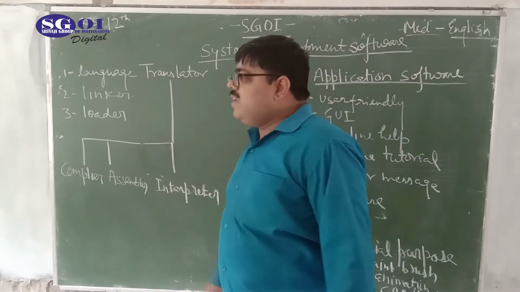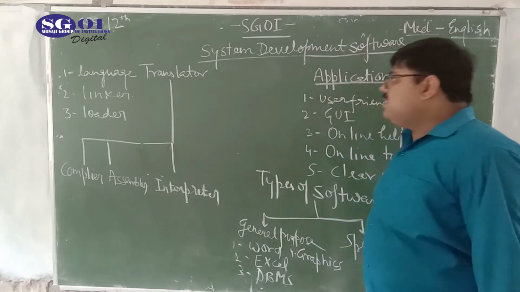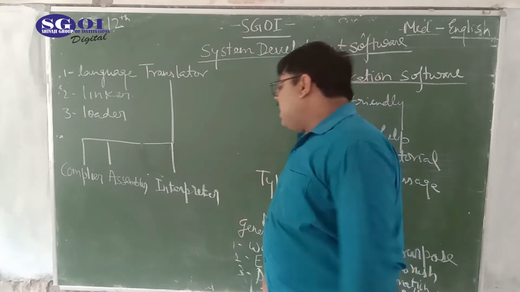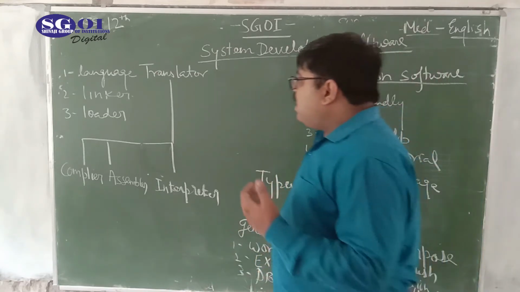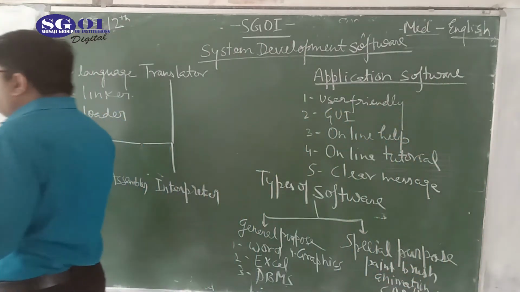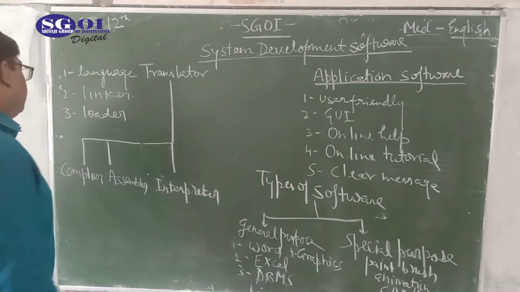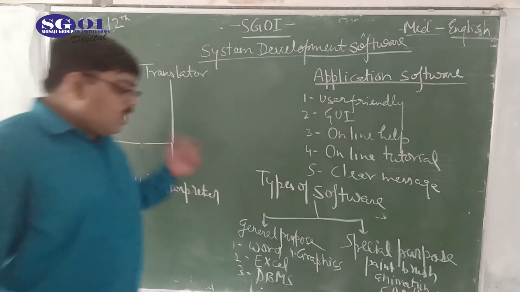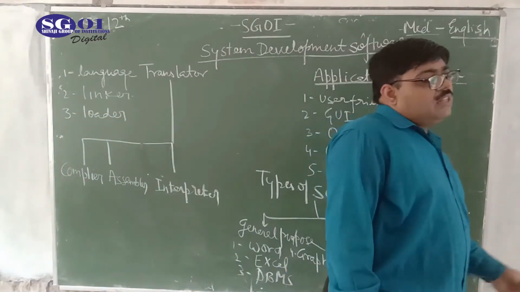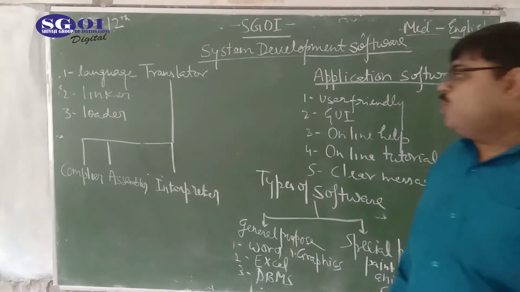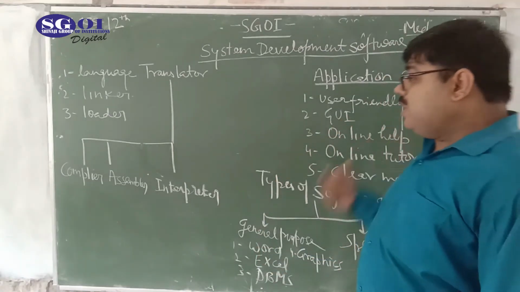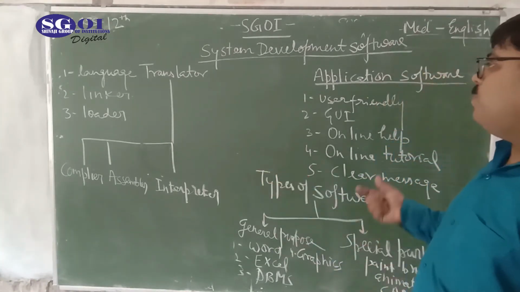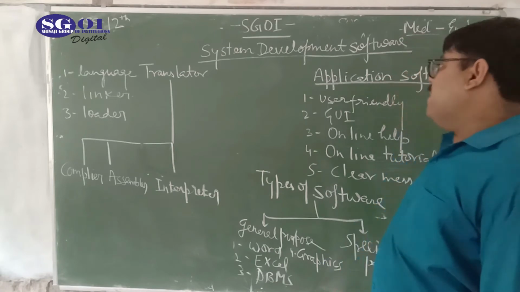What is the work of linker? Linker links the compiled programs. Linker links the interpreted programs to the other parts of the system and to the operating system, so the operating system can load and run that program for processing. After processing they give the result as an output, on the monitor or on the printer, whichever output devices are used at that time.